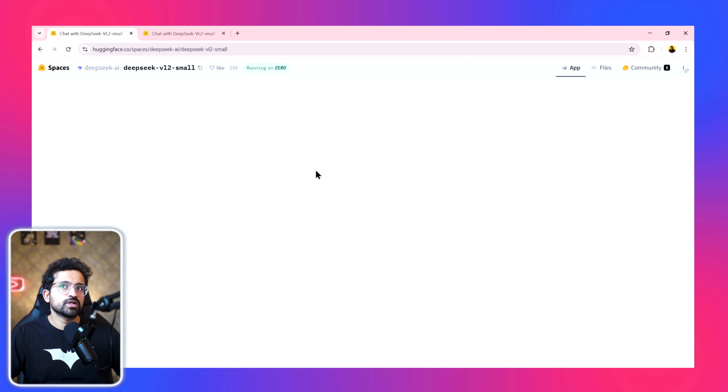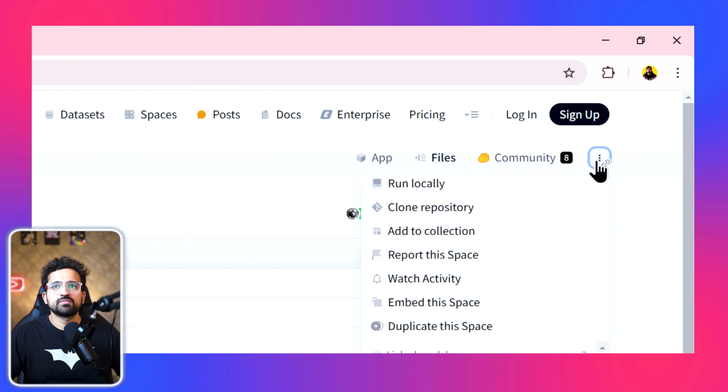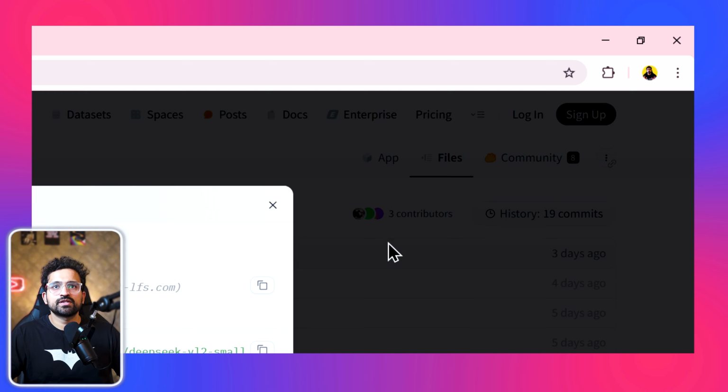So to overcome this, what we'll do is we'll run this small application on our local system. But the DeepSeek VL2 Small requires 40 GB of VRAM and the full model requires 80 GB of VRAM, and that would require a high-end GPU, but we have only 12 GB of VRAM in our 3060 RTX. So we'll copy the same code and then just replace it with VL2 Tiny. We'll click on this button and then click on clone repository,